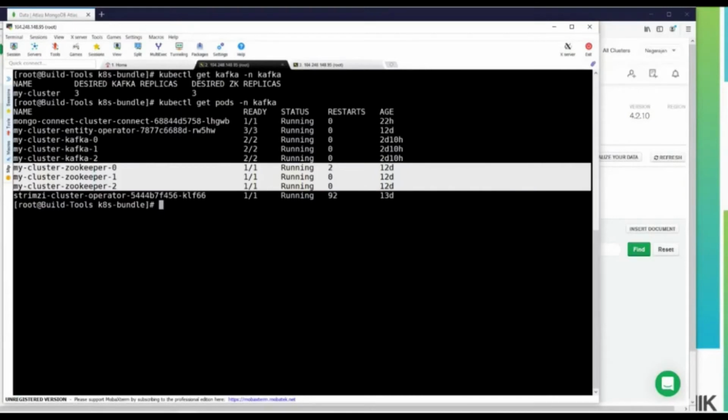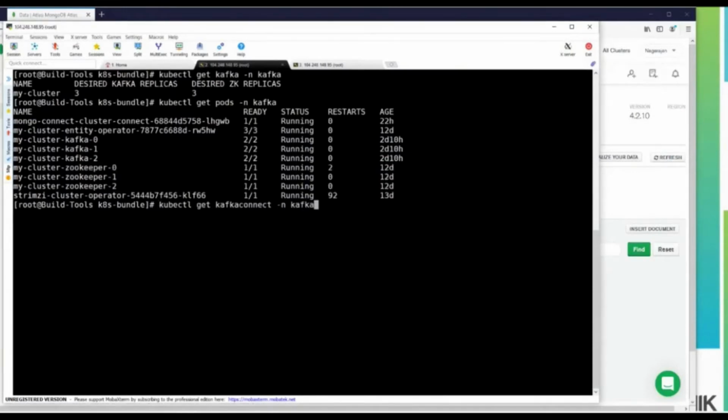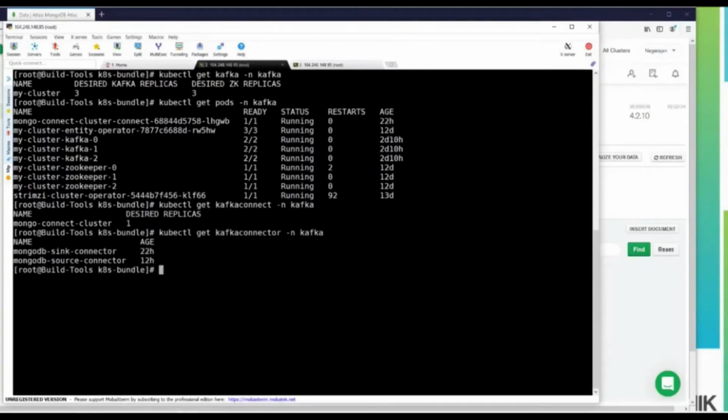Each broker and Zookeeper runs on a separate pod, like a microservice architecture. We have deployed Kafka Connect with the MongoDB Kafka Connector plugin. So we have two connectors here. One is for Mongo Sink and another one is for Mongo Source.